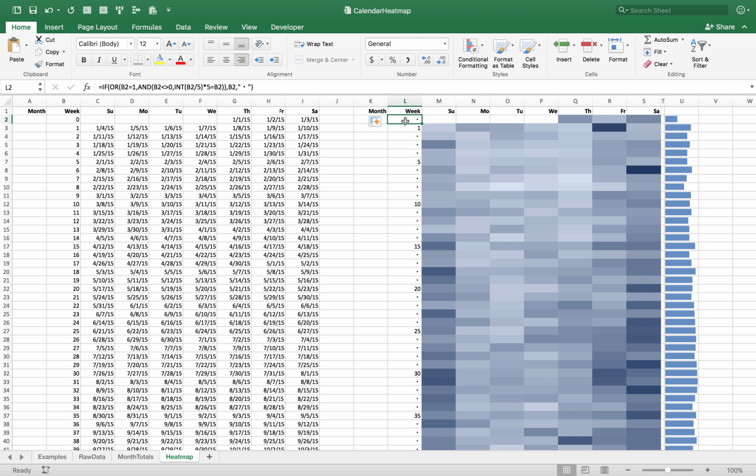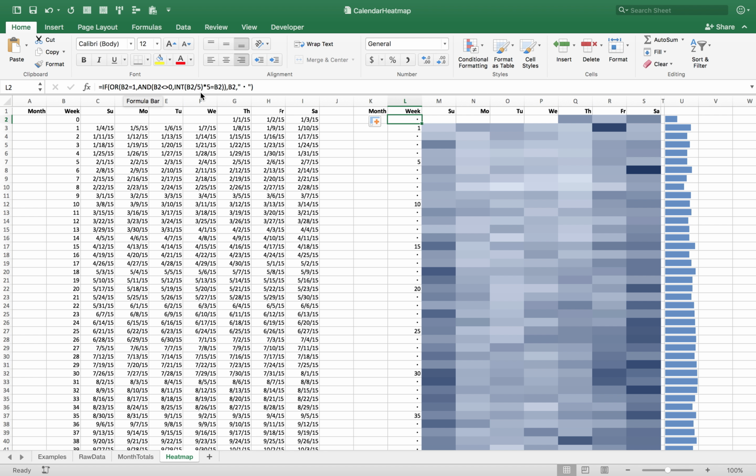Okay, so let me break down this formula for you a little bit. It's a somewhat complicated formula. You can get this Excel file if you'd like, so that you can explore the formula, but essentially what it is is an if statement, and within the if statement is an or statement and then an and statement. So let's look at the bigger or statement. The or statement says if B2 equals 1, so B is the week, the numbers that we set up at the very beginning. So if it's equal to 1,